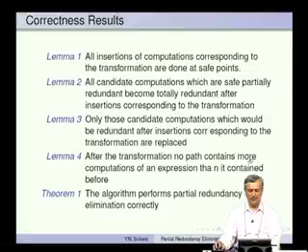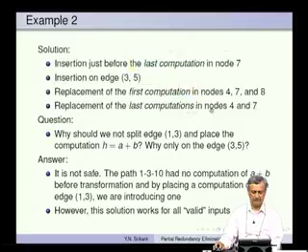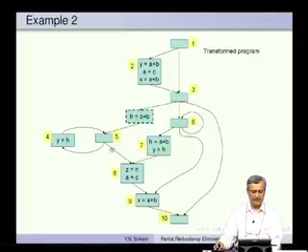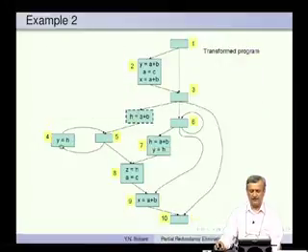After the transformation, no path contains more computations of an expression than it contained before. So, this is something we already assured. So, we did not want to insert anything by breaking this edge. Otherwise this would have had an extra computation. Okay. And of course, not only that, when we inserted something here, we took away something at this point, right. So, we had a computation here along this path. By breaking this edge, we introduced a computation here, but we took away that computation. This computation remained, it is only a question of making it h equal to a plus b from x equal to a plus b.